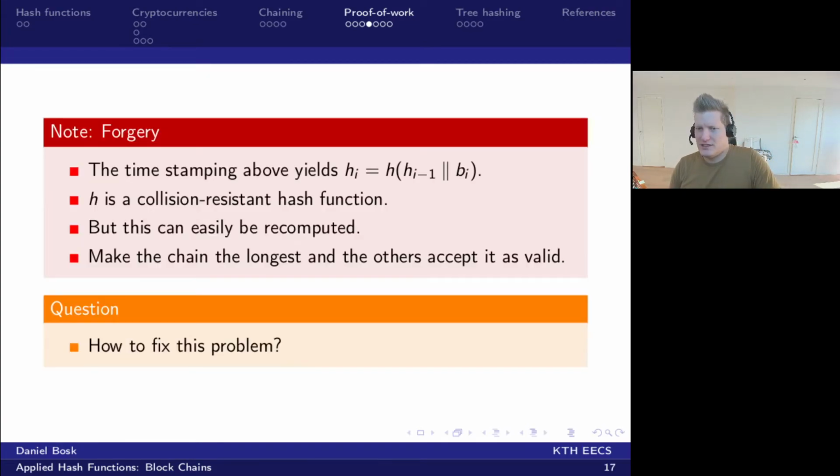So the idea is that we want to prevent this forgery, because technically these are just computed hash functions. So if we can just go back and this is what it looks like. We can just go back and redo these computations, but with different values, and arrive at a different head of the chain, and then